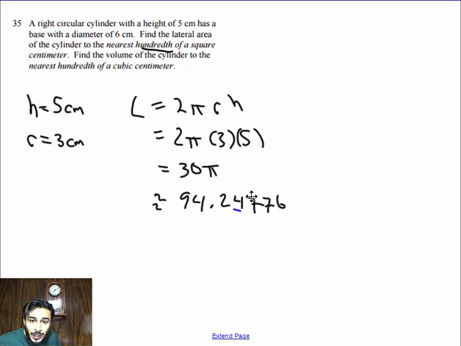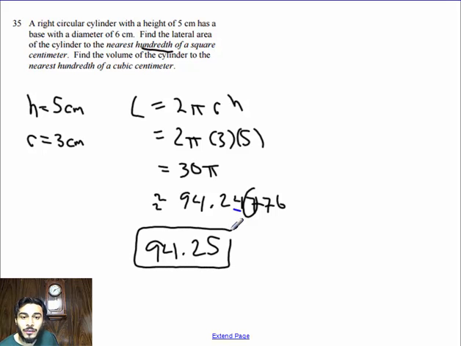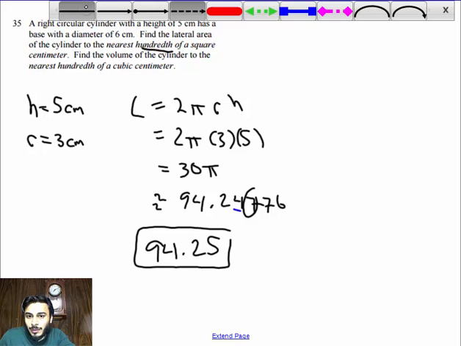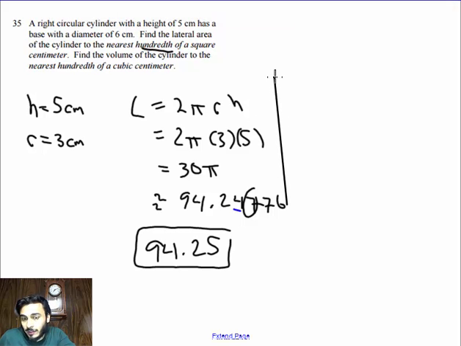So that means we'll look at the number to the right of that, and if it's 5 or higher, that number that I underline is going to go up. So we will get 94.25 as our final answer for the lateral area. You should worry about the units, right? The units would be centimeters squared, but you don't have to put them for this Regents, but it is centimeters